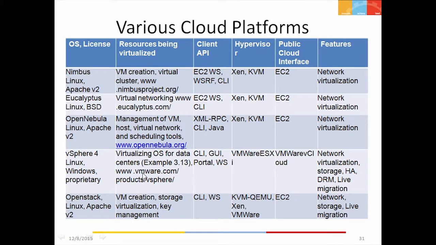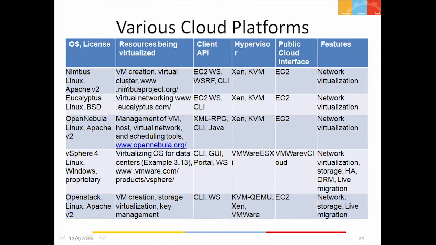Now let us look at various cloud platforms. This is a table for your reference. Let's look at the first one, the Nimbus project. The Nimbus project uses Linux as a core operating system, and the resources being virtualized are VM creation and virtual cluster creation.